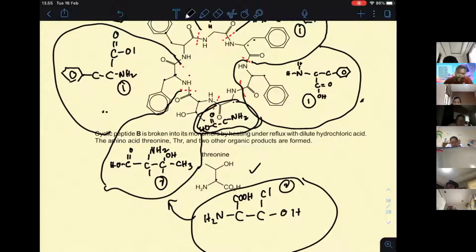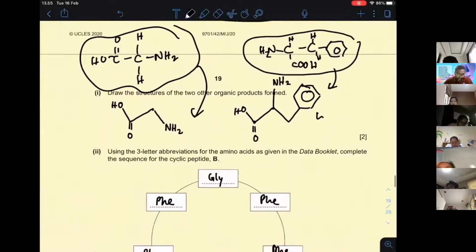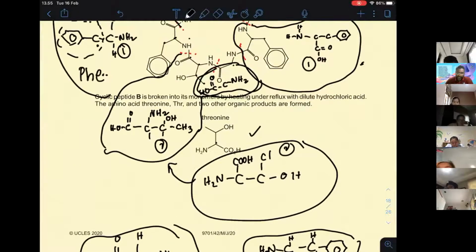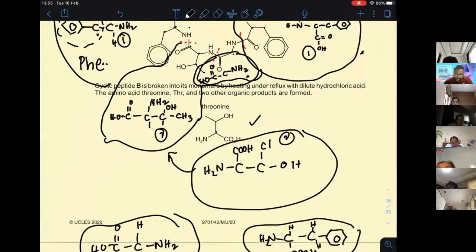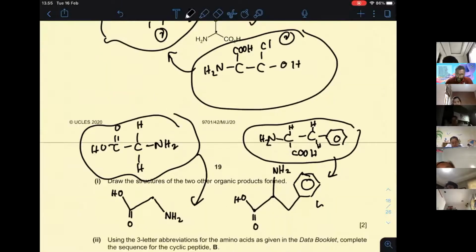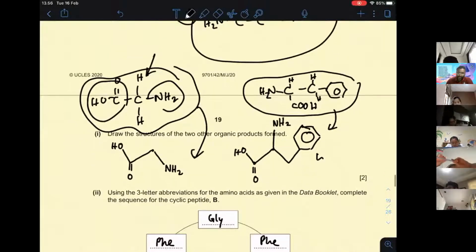How to see is just look at this portion, this R group. You will notice that if the R group is like this, then the abbreviation we are supposed to use is PHE. For this one, if the R group is only H, this is going to be the structure. If your R group is only H,